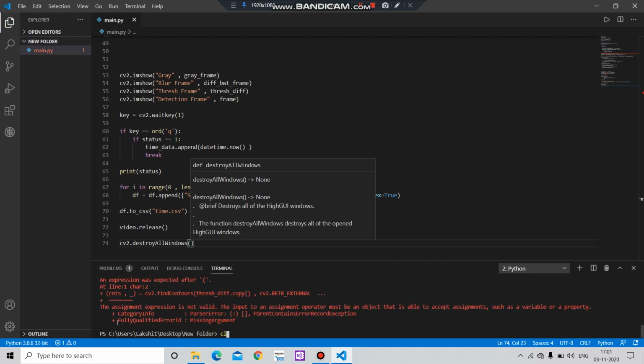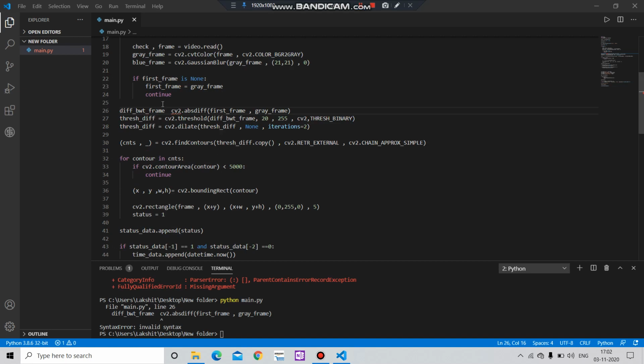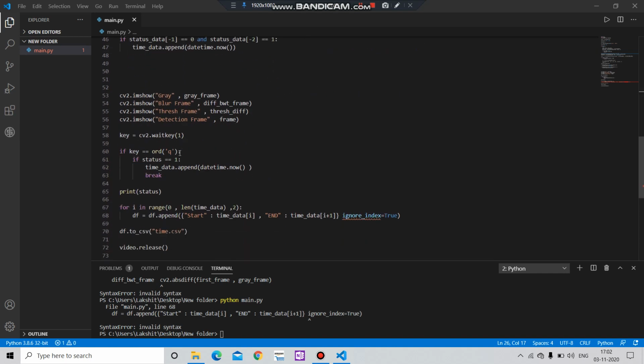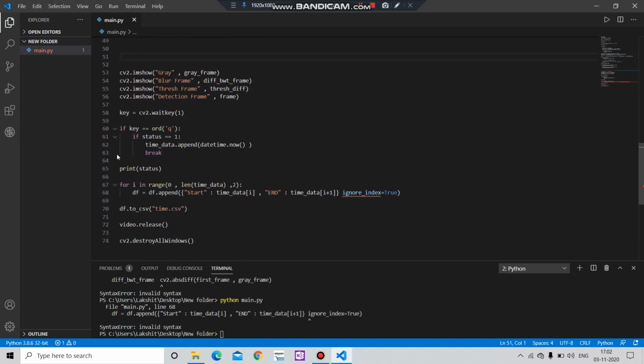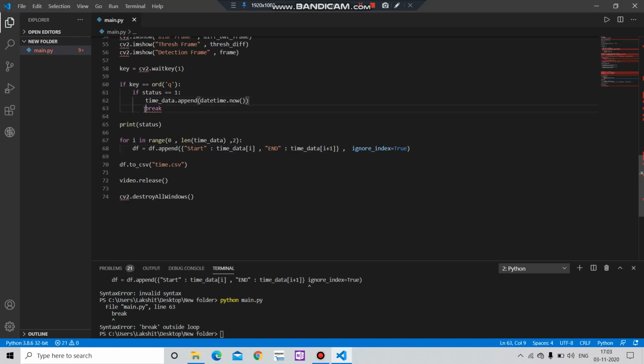Exit. Okay, we got a syntax error here. Okay, I forgot to put here equals to sign. Sorry for that, guys. Let's run that again. Again, syntax error. Okay, I forgot to put here comma, and if I run it again, I again got an error. Oops, we have to put this break here. Okay, if I run it again,